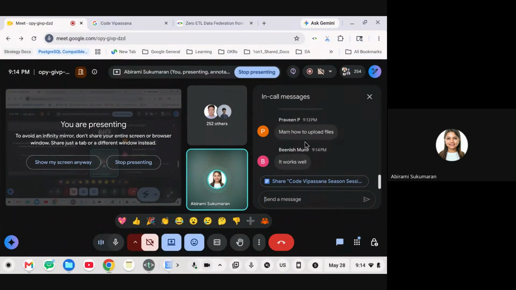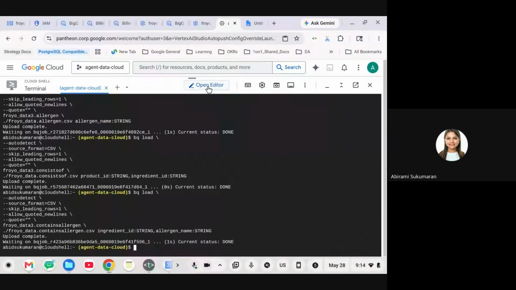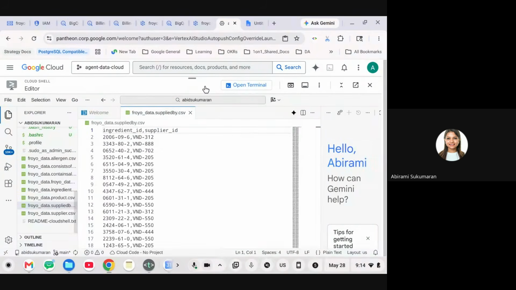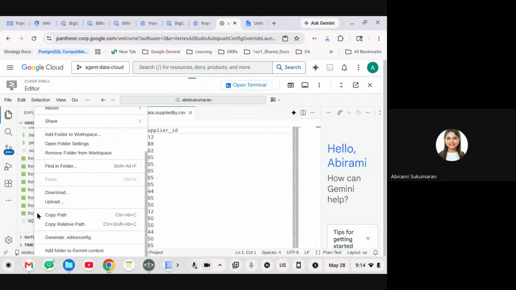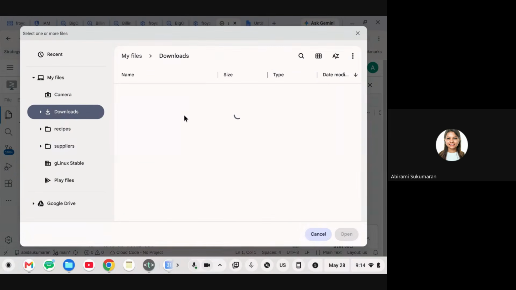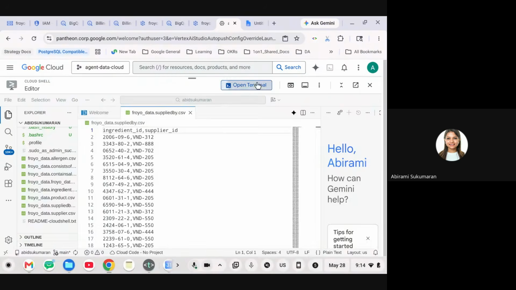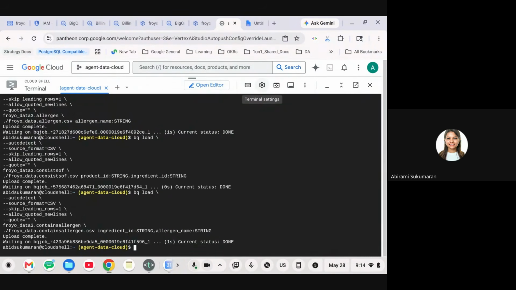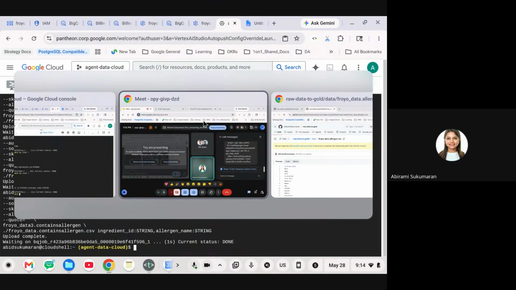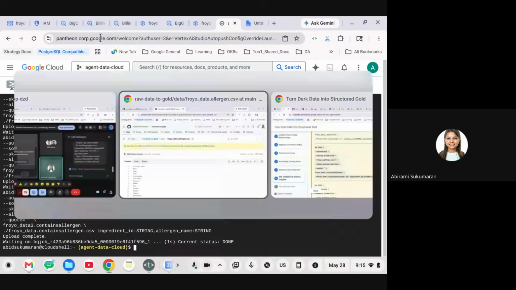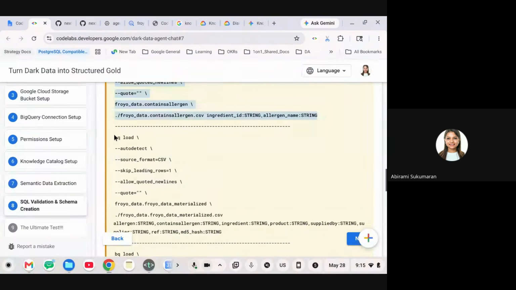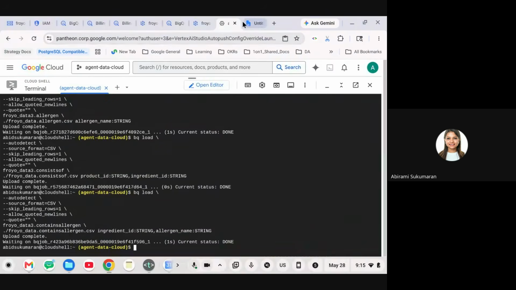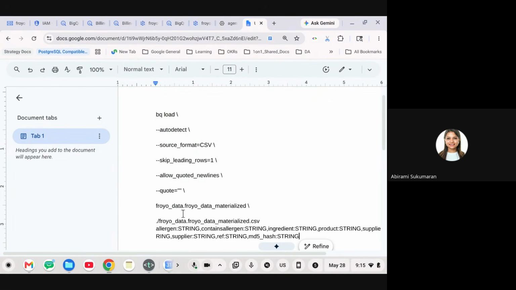So how to upload files? If you go to Cloud Shell editor, you can toggle between editor and terminal by clicking this command button. And in the editor, in your root directory, click a blank space in the bottom and right click, scroll down, you would see the upload option. Select that and select all the 8 files. It will be uploaded. And then go to terminal, create the data set, and then start creating these tables and entering data by running all the segments of this BQ load command from the code lab one by one. So I'm still working on it. Let me just finish it shortly.